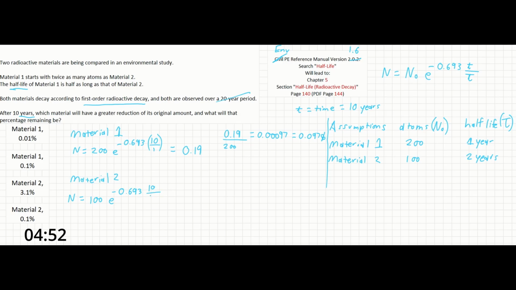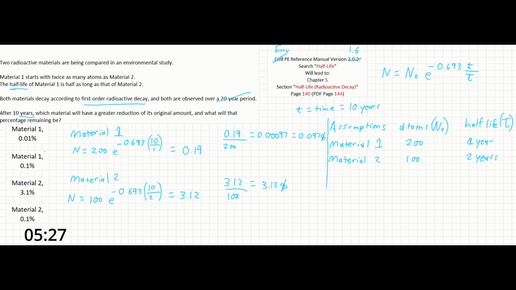And this will solve out to about 3.12 atoms. So dividing 3.12 by 100, just skip the middle part and show that this gives us 3.12%. So clearly, material 1 will have a greater reduction in its original amount, and it will be just about